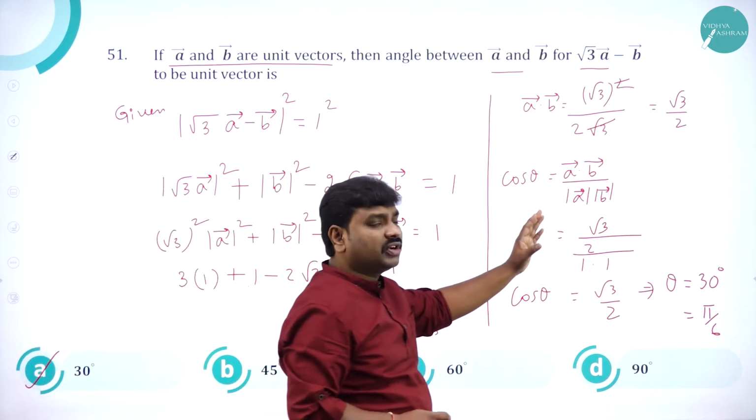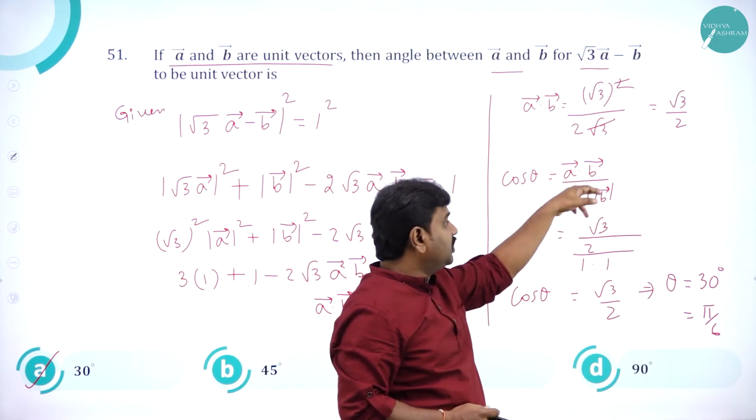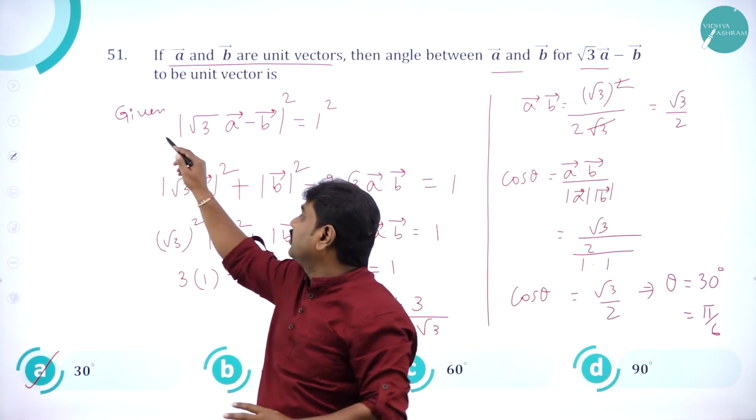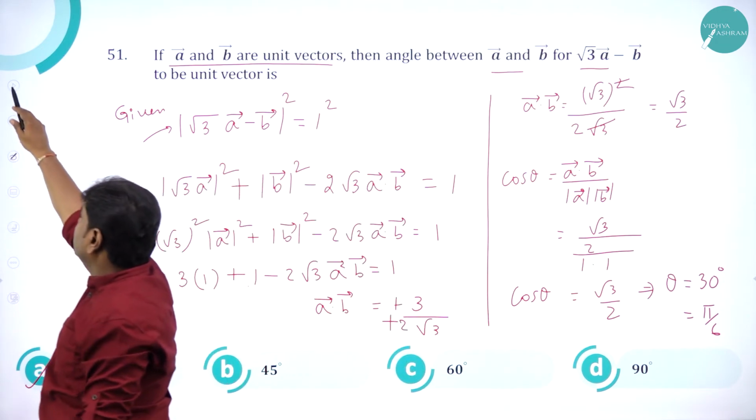Angle between two vectors. What is angle between two vectors? Dot product by magnitude. Magnitude they gave unit vectors, but dot product they gave indirectly. They gave this hint. From this hint, you should get a dot b. Going ahead,